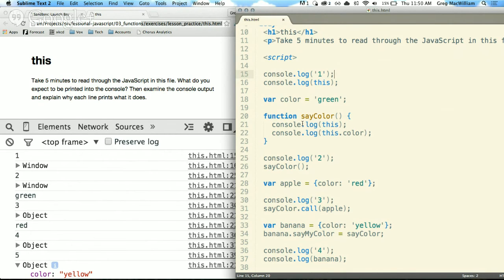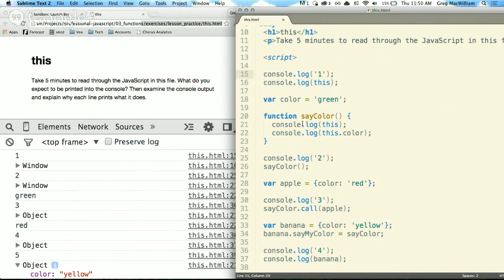Because when you do this inside an object, that's a variable, right? This is a property of this object. So if we've got a handle on this object, we could reference this.color to read its color off of it. But this is the variable, right? It's green. So var color is green, and then we say color. So what